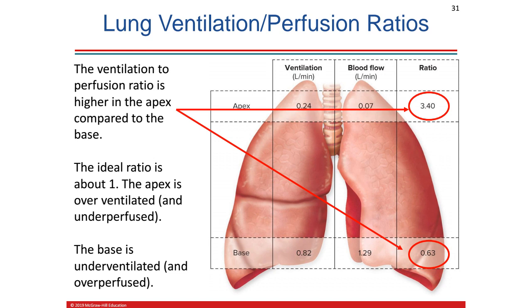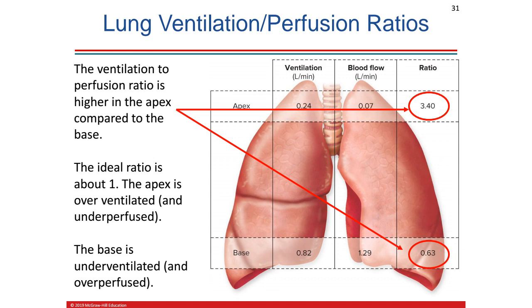Now, if we look at the base of the heart, we do the same calculation, and we find that the ventilation to perfusion ratio is 0.63. So again, ideally you'd have about 1. This means that we're having a lot of blood flow relative to the amount of ventilation. This mismatch is in fact part of the reason